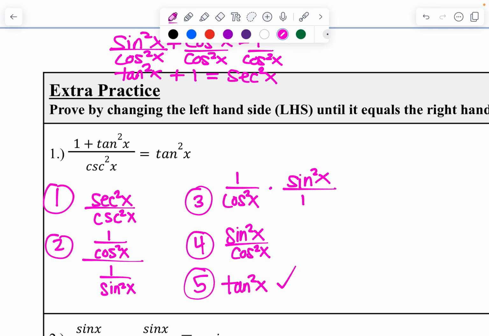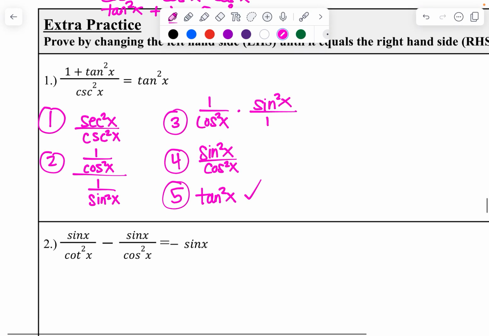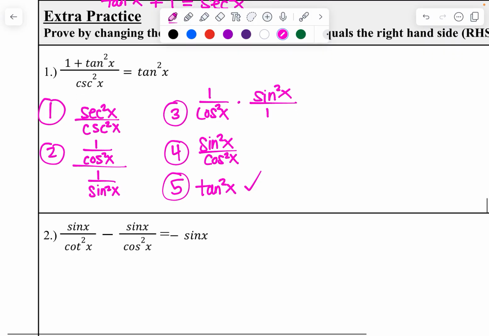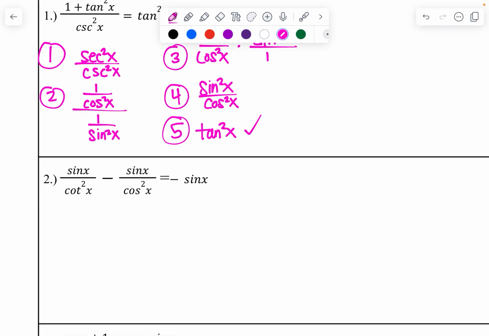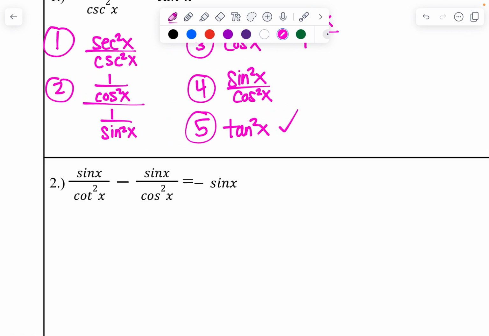Remember, there are multiple ways to do these problems, so you might have done it a little bit of a different way. As long as your steps are all true mathematical statements, you're fine. All right, so on this next one,